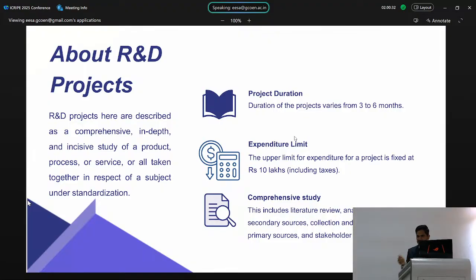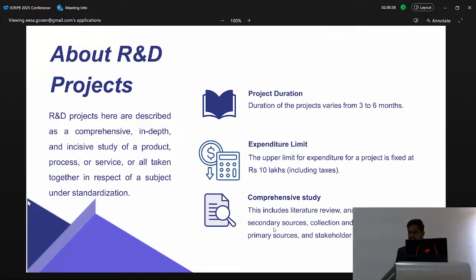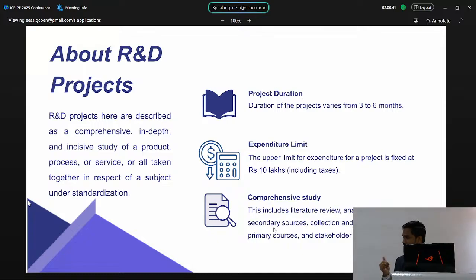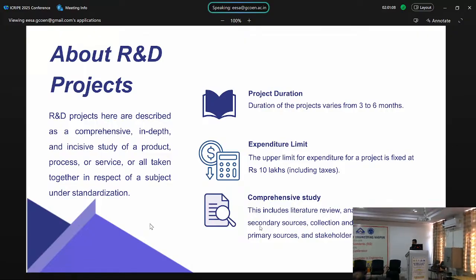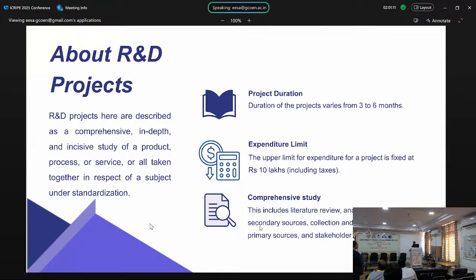I have given one example of that, the PVC pipe. So they can take up such topics for their projects that will help formulation of new standards and review of existing standards. All the financial support will be given by BIS, and they can carry out this research activity as their undergraduate and postgraduate project itself. So they can complete their project, and it will help BIS. How much financial support? The expenditure limit is a maximum of 10 lakhs for one project, including taxes. It will be with the teacher and student. In detail I don't know, but total